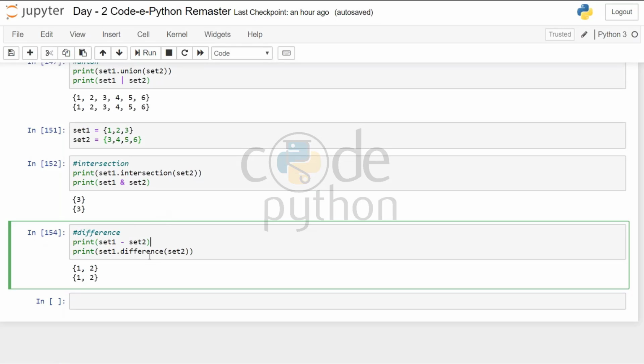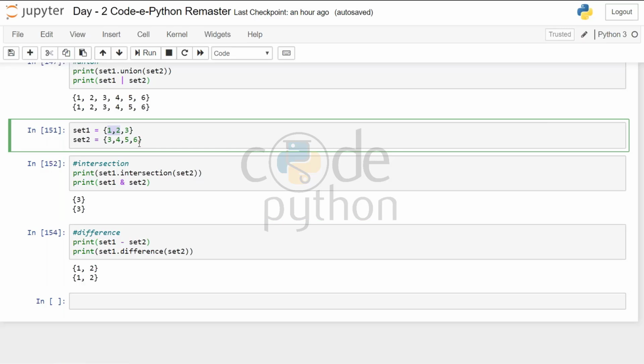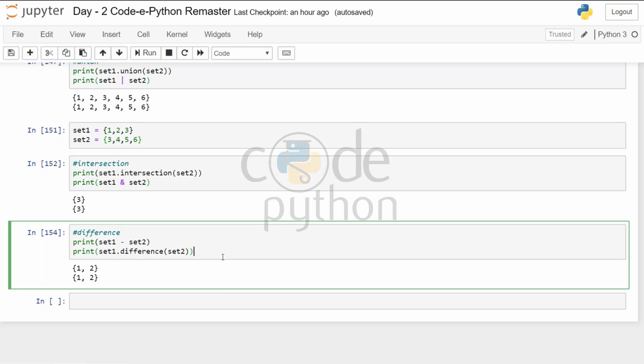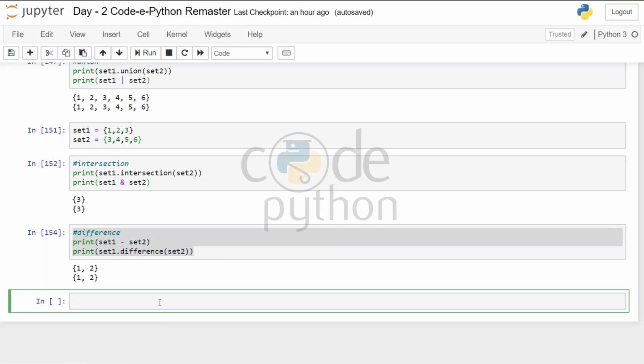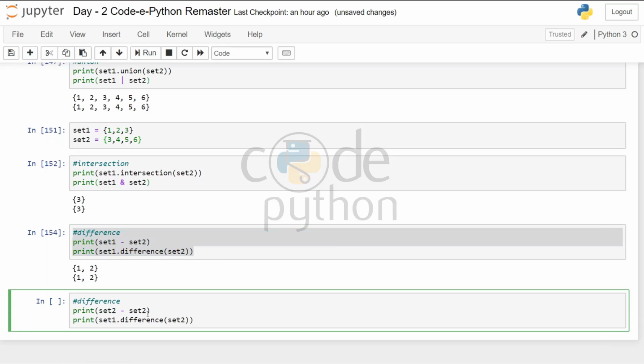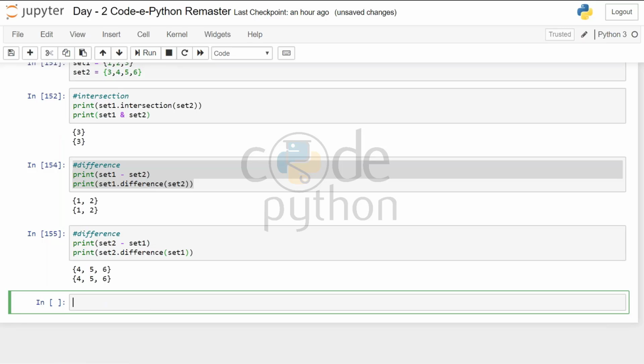Now when I have written set 1 minus set 2, it will give me all the elements that are in set A but not in set B. If I would have written set 2 minus set 1, it would have given me all the elements in set B that are not in set 1.